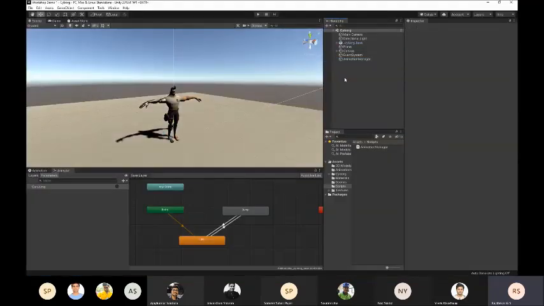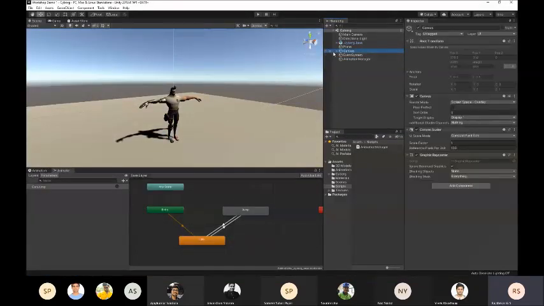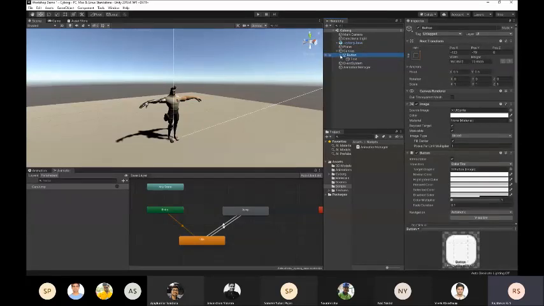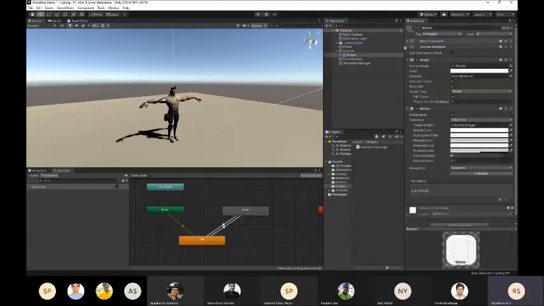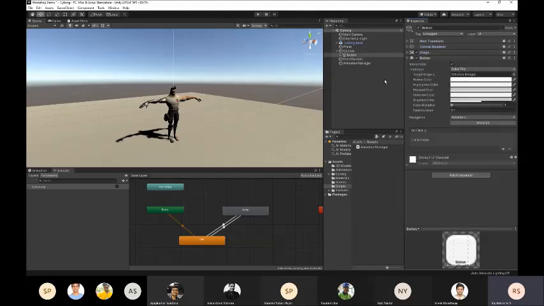So go back to our Unity window, go to our canvas, go to the button. I'll close this, and if we come down, you can see the button component over here. So I'll just minimize all other components, and we have a button component open. So if we come down here, it says on click, right? So whatever you list here will happen when you click the button. So whatever you want to happen when you click that button should go here. So right now it's empty.